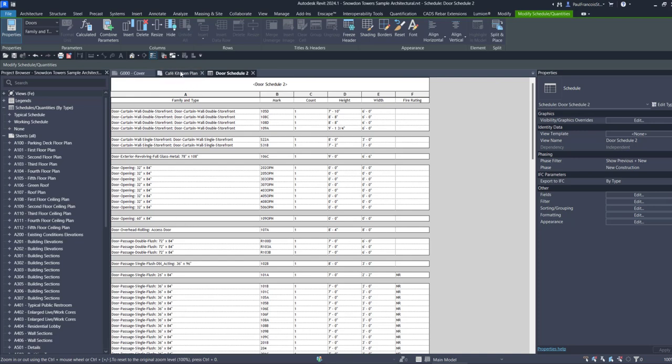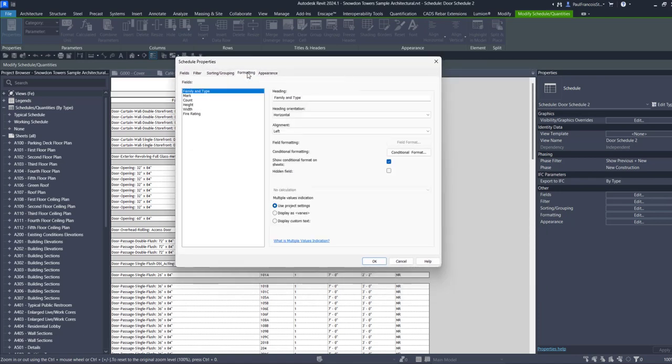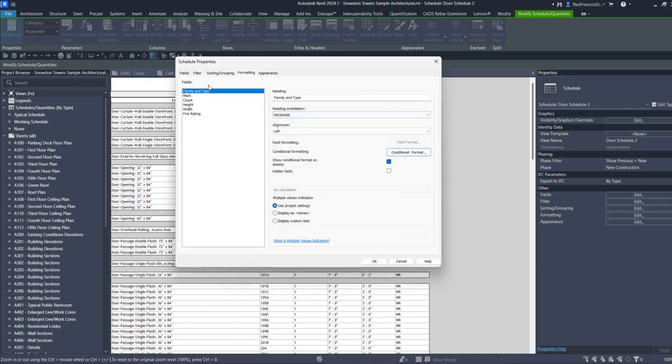Then I can just search using the conditional formatting on the family and type. And this is what Revit is now capable of doing, to say, well, I want to put a conditional format on there based on some other criteria. You have to have the field available to you. Right? And notice if you take the field